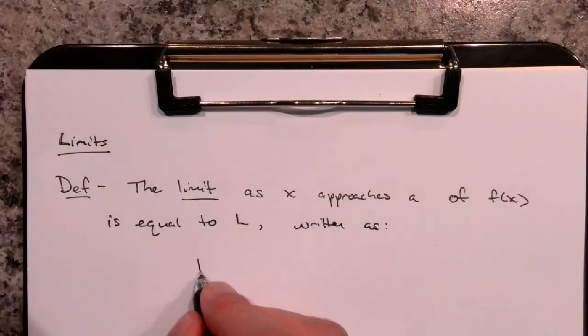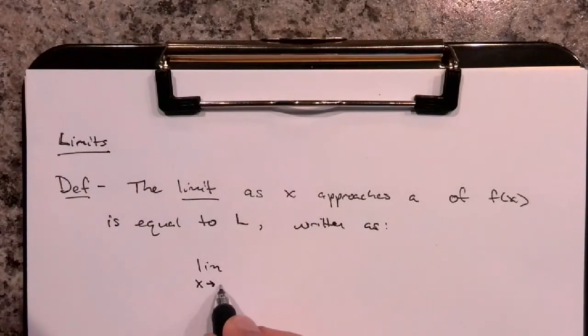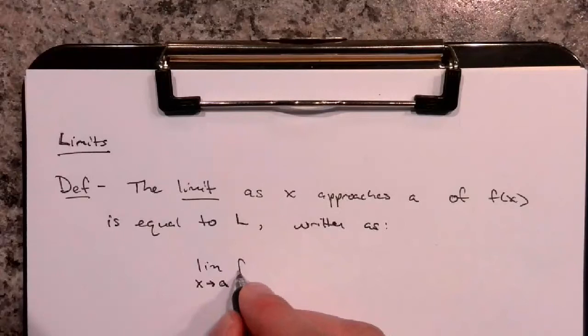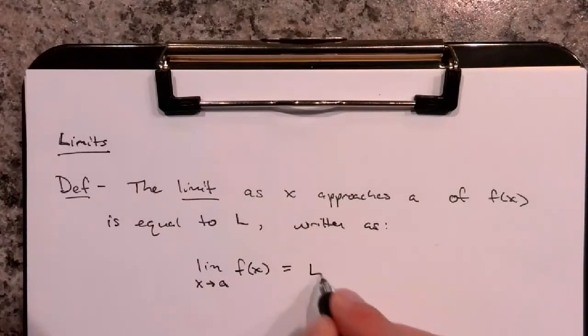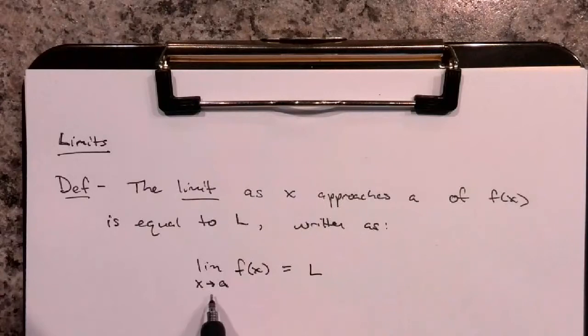We write LIM for limit. Underneath it we put the x, a little arrow saying as x approaches a, where a is going to be some real number value. Of f of x, we write f of x right after it, and we say equals L, right? So it's the limit as x approaches a of f of x equals L if